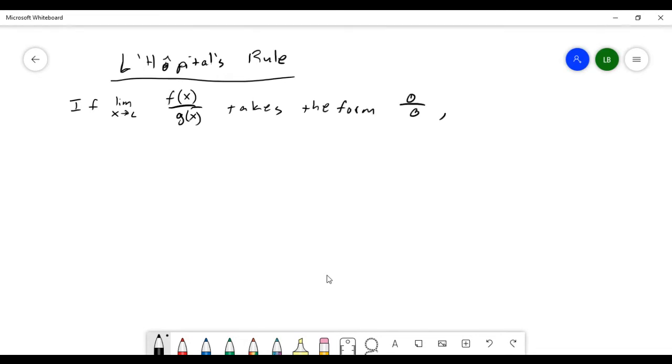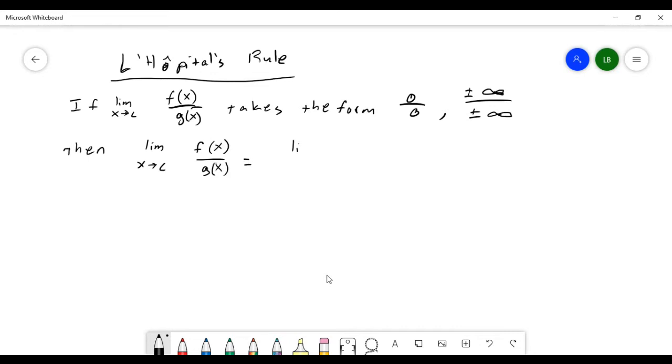So if you have like 0 over 0, or positive or negative infinity over positive or negative infinity, well, then you can actually say that the limit as x goes to c of f of x over g of x